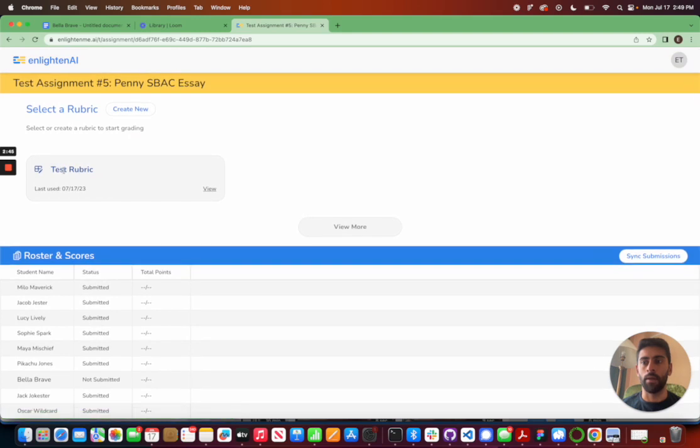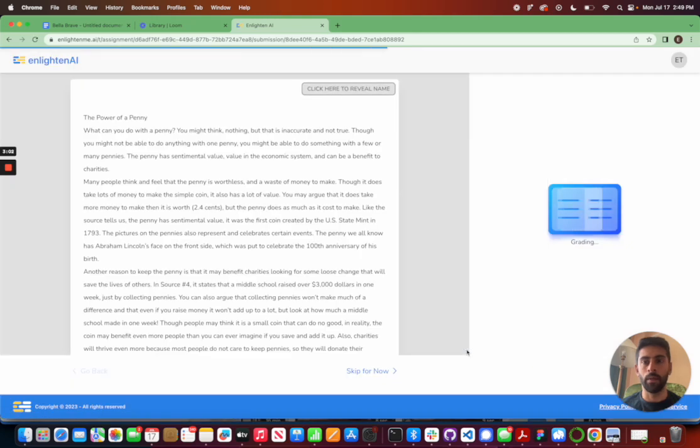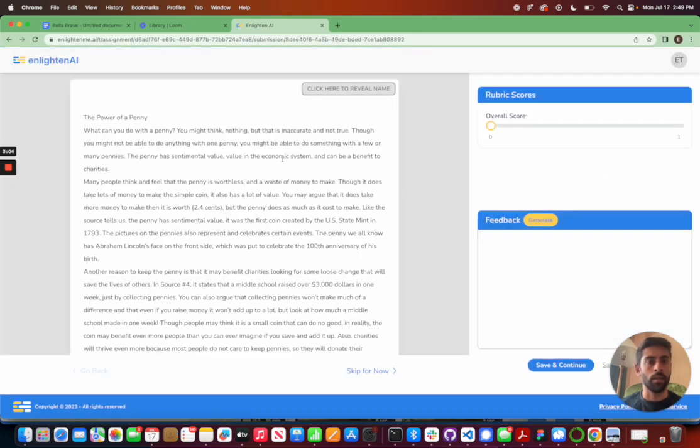And then I have a rubric that I had previously loaded. So I'll go ahead and view it. And because I've already created it, I can't edit this rubric. I'm just going to go ahead and select it and start grading. And what I can do here is I'll evaluate this student, give some test feedback, and then I'll hit save and